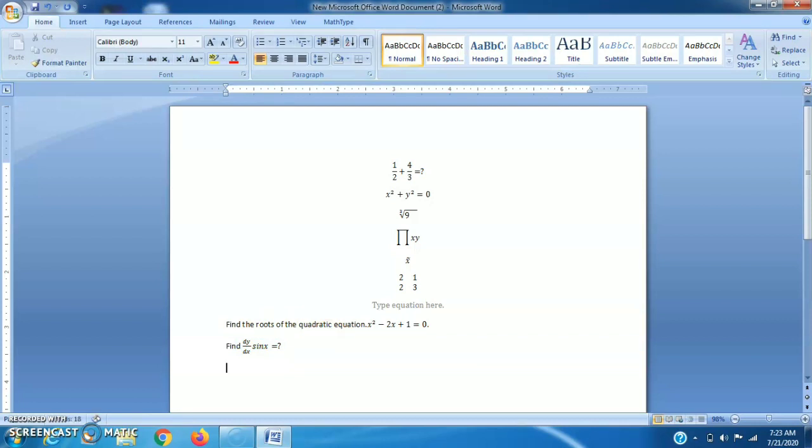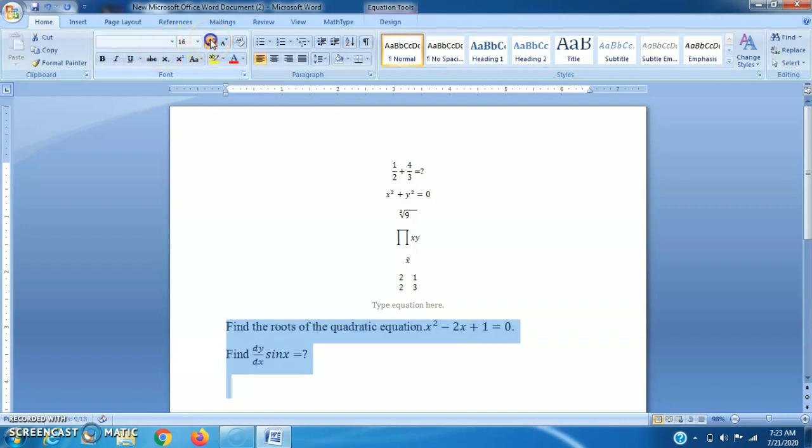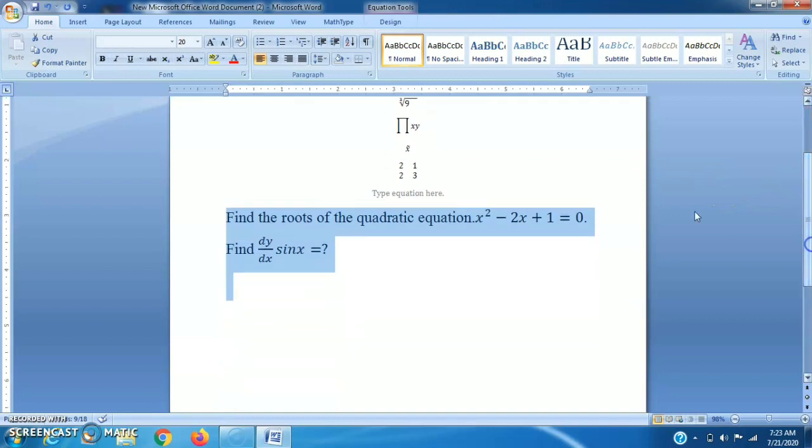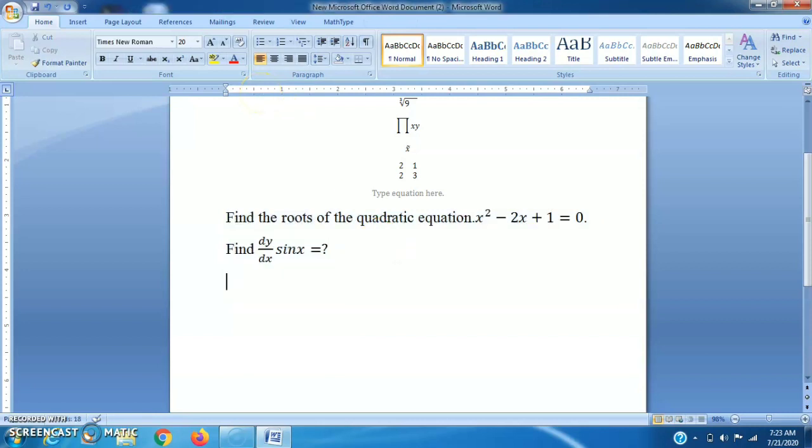In this way we can write the value, and it is a very basic thing. We can change the fonts from here. We can increase the font size of our choice from here. We can choose whatever word option we want to choose. So in this way we can insert mathematical equations.